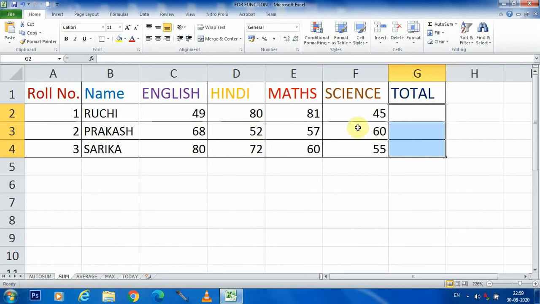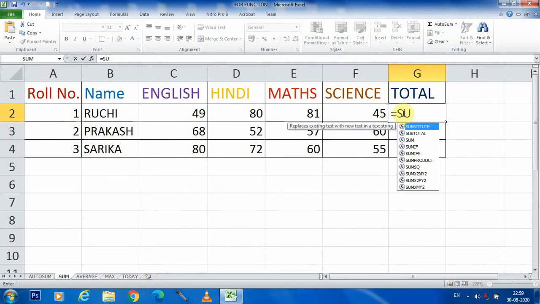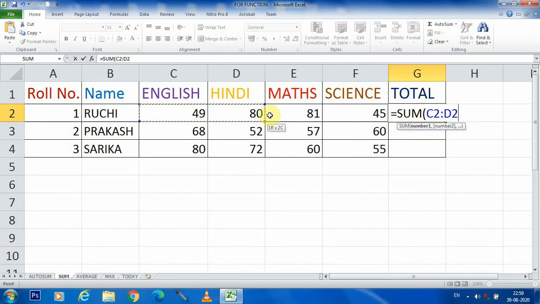In Sum we are writing the equal sign, then the SUM function, giving an opening parenthesis and selecting the range, C2 to F2. Data is the same, so after closing the parenthesis and pressing Enter, we get the total. Sum returns the total of the given range.